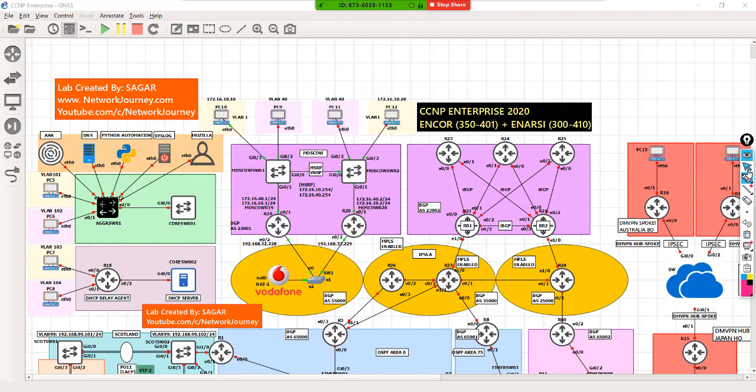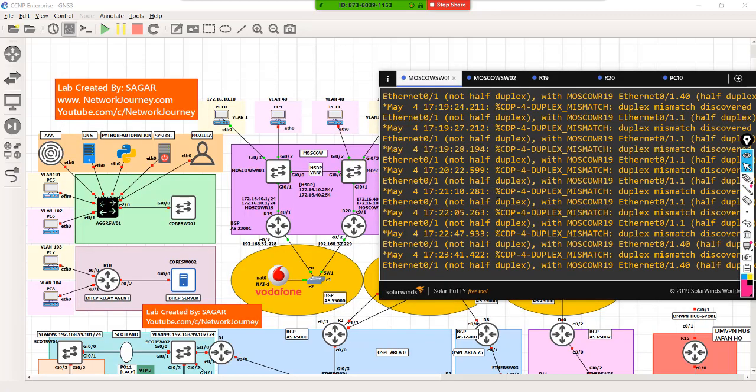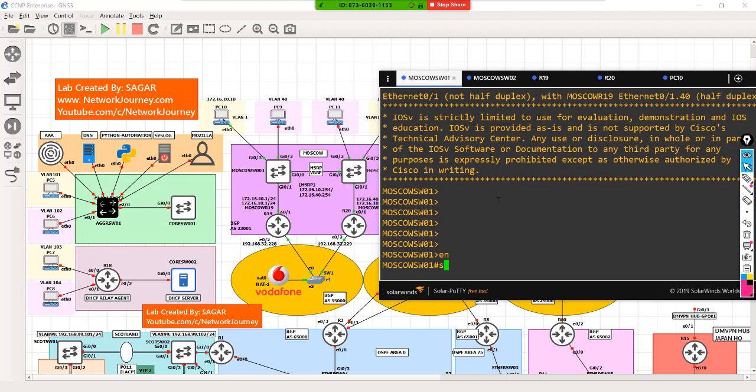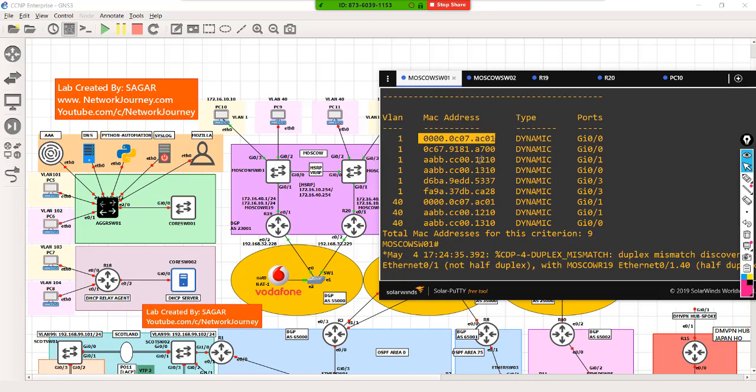And if you check from the switch's point of view, that's switch number 1, if I show you the MAC address table, you can see the new HSRP MAC address has been enabled. And where is it pointing to? It's pointing to 0/1. So this HSRP MAC is now pointing to this because the traffic is now flowing in this direction.